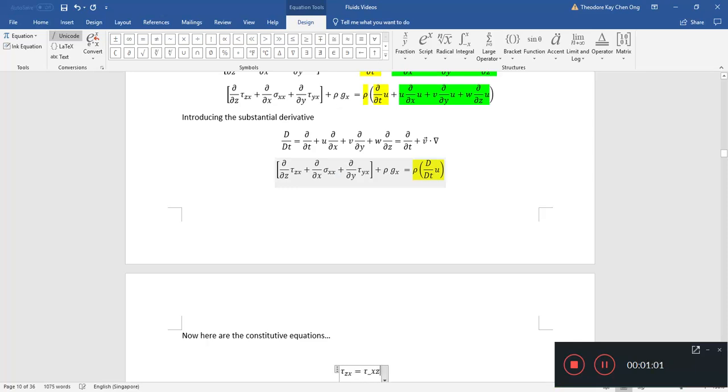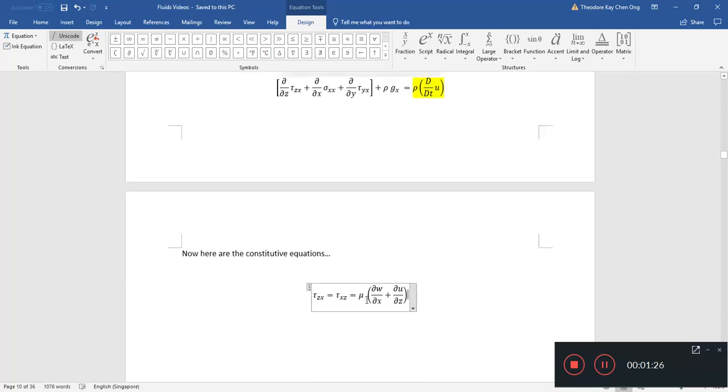Tau zx equals tau xz equals mu partial plus